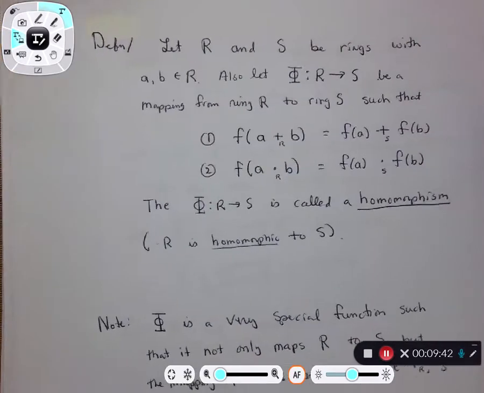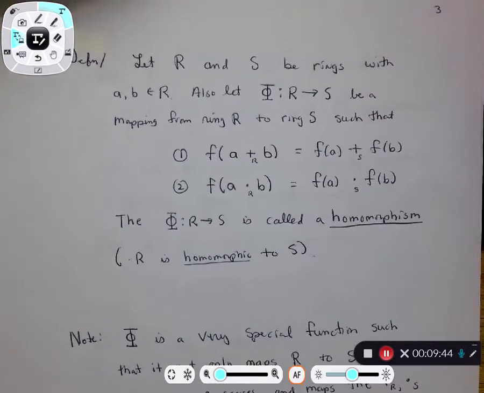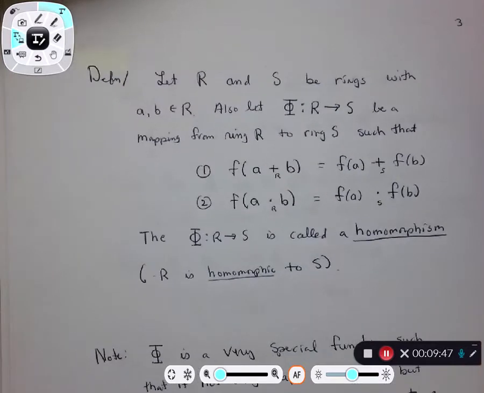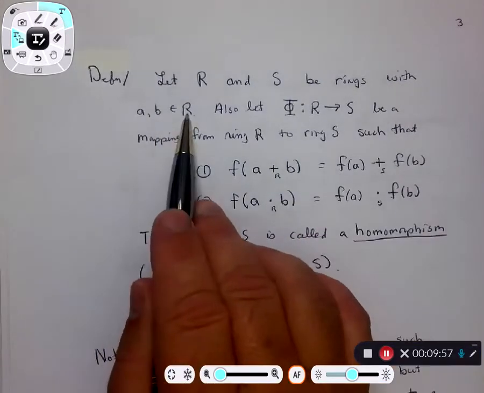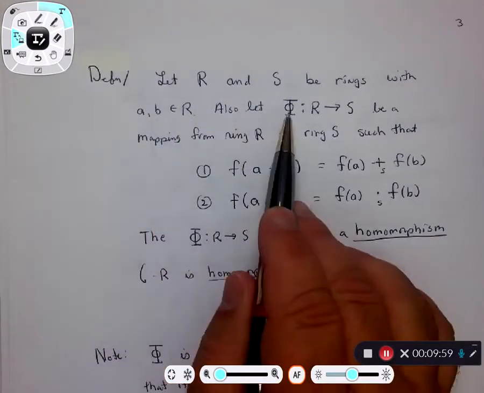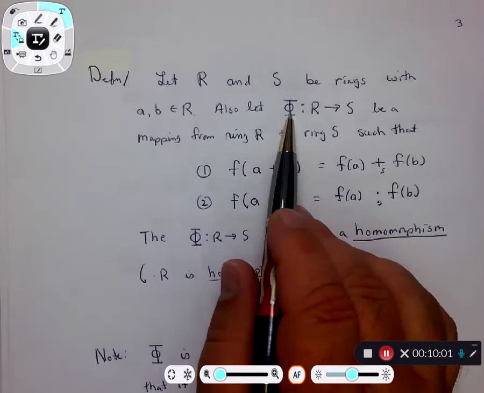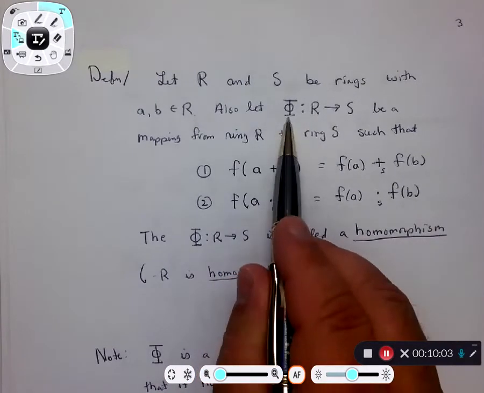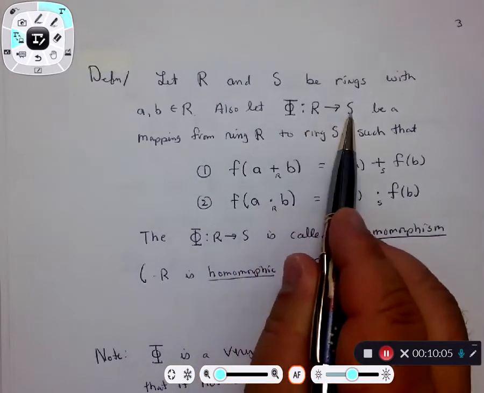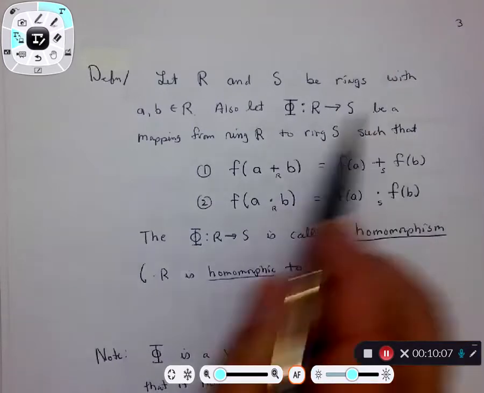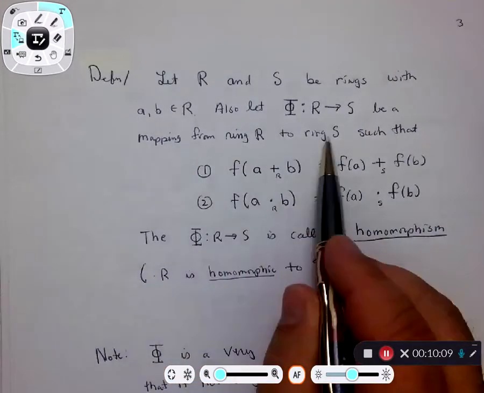Your next definition, and this is the important one: we defined the idea of an isomorphism, but you need more information on that, and the more information is something called a homomorphism. So let R and S be rings with a and b be elements of R. Also let, and I'm going to start using Greek letters at you guys, so get used to this, phi from R to S, phi maps R to S, be a mapping from ring R to ring S